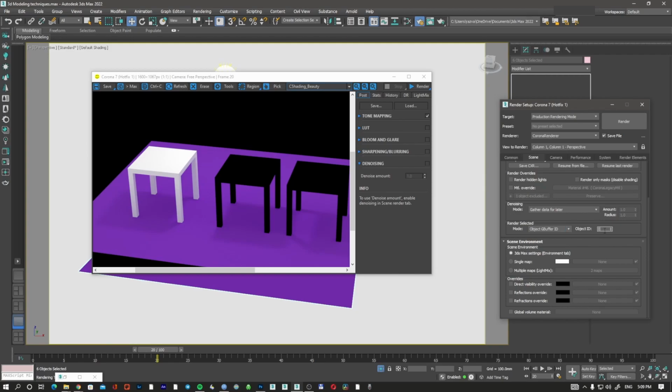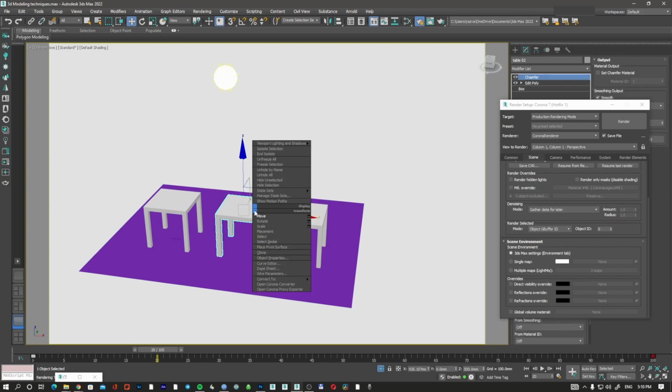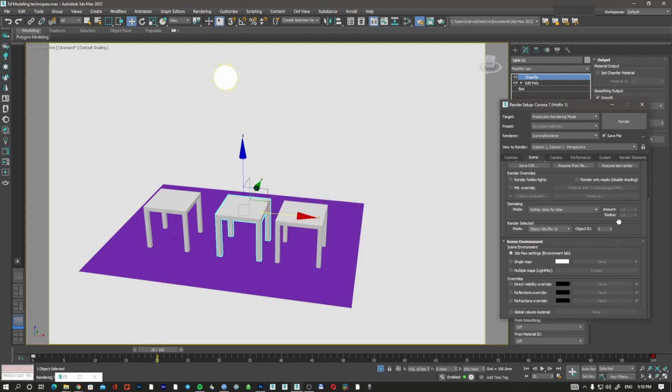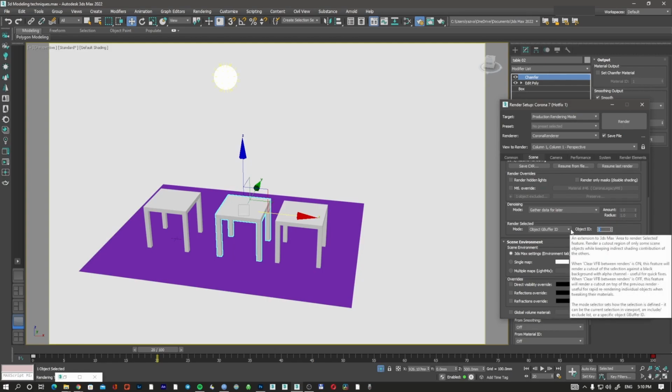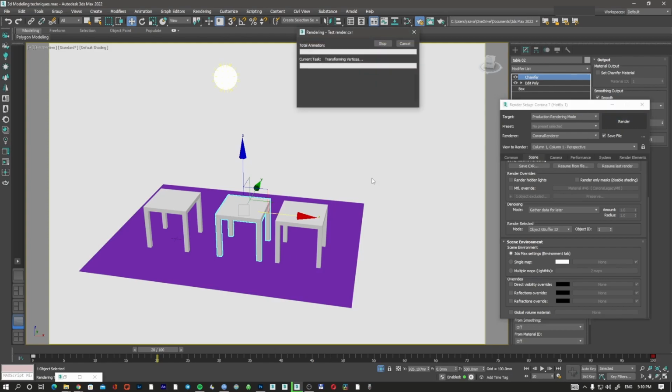And I can also use an object gbuffer ID. Yeah, you can put IDs on the objects, and you can say, okay, this table is object ID number 1, this table is object ID number 2, and so on. How do you do that? You just right click on the object, go to object properties, and here in the properties we have an ID. It's called gbuffer object ID. So for example, if I put 1 on this, and here I say 1, it's going to render only the middle table,